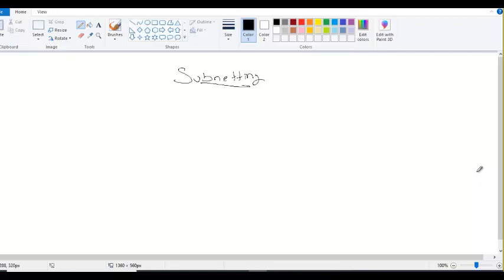Breaking down a large network into small networks so that we can give it to different departments. We call it subnetting. The advantage of subnetting is we get multiple networks out of a single network. For example,